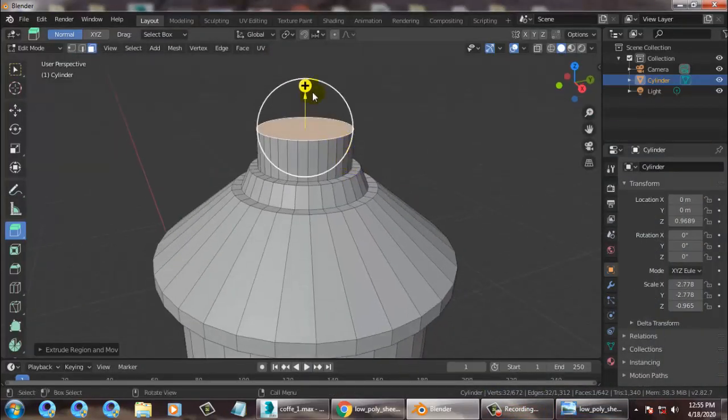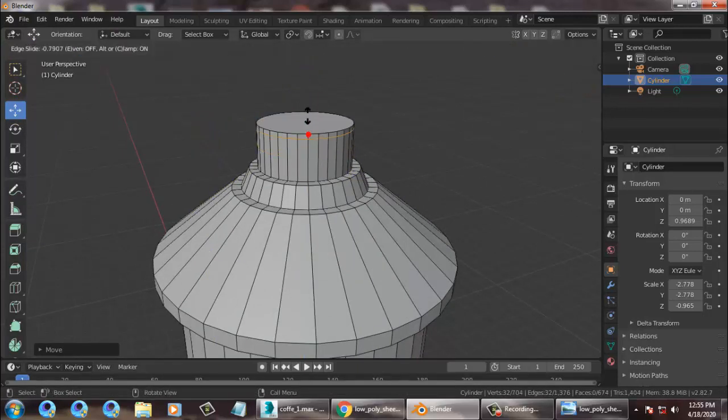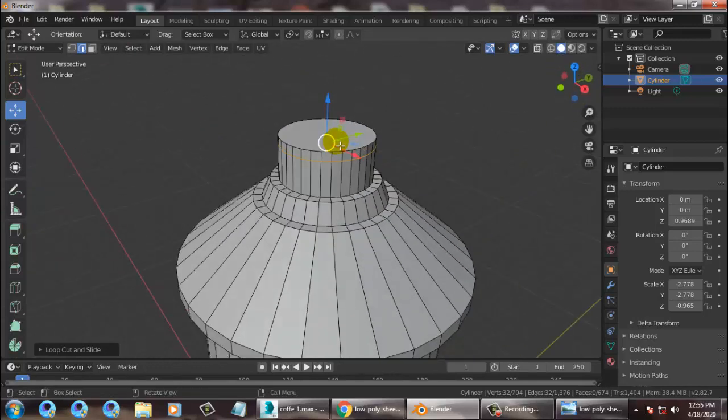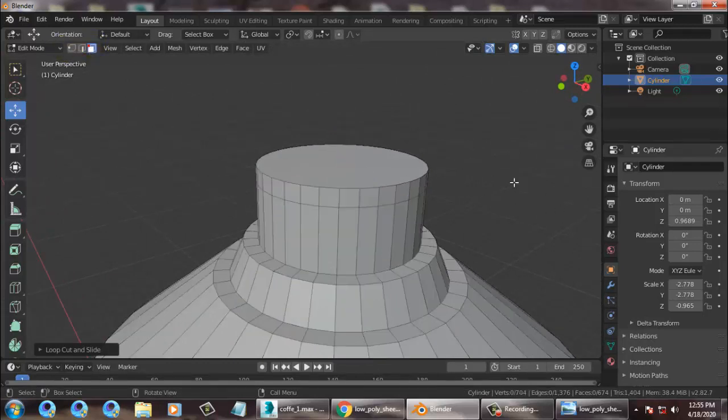and let's go back again over here, press Ctrl R. I need to put one more loop over here. Let's zoom this, and let's again go back to the faces for this all.